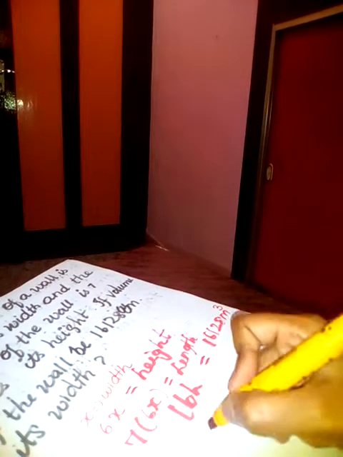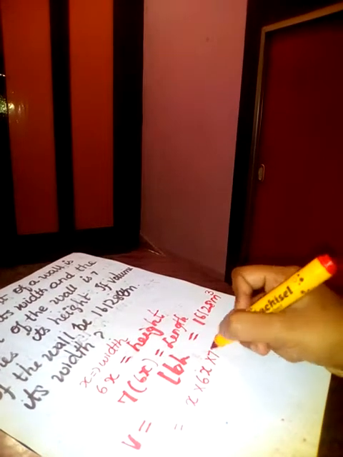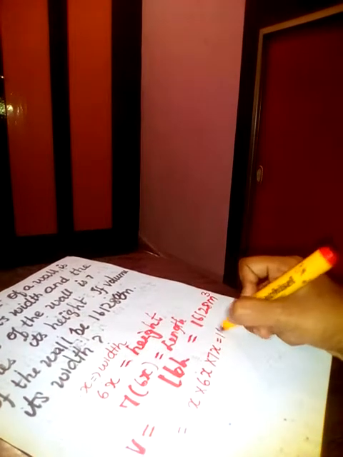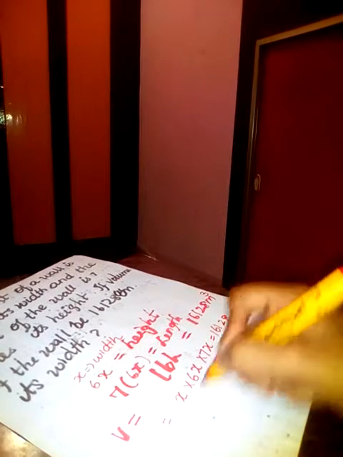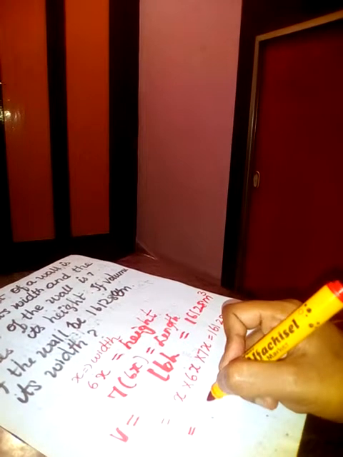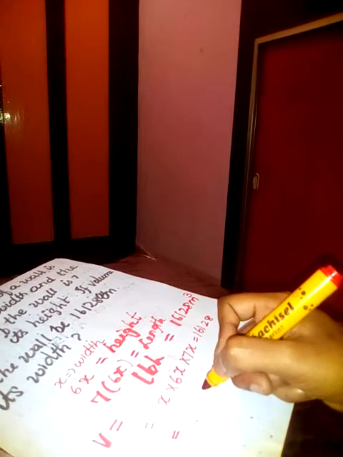From this we multiply x into 6x into 7x is equal to 16128. Okay, so therefore the result will be,